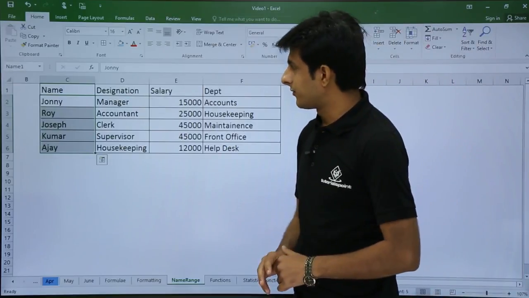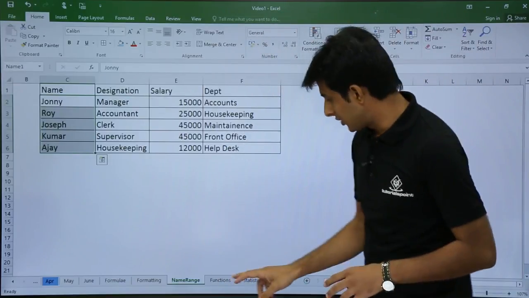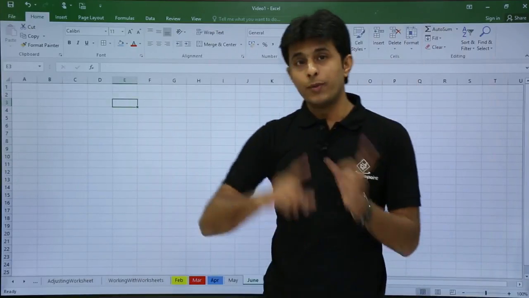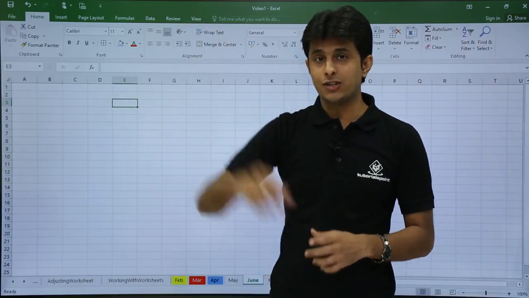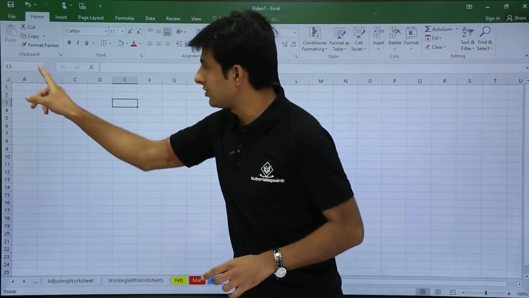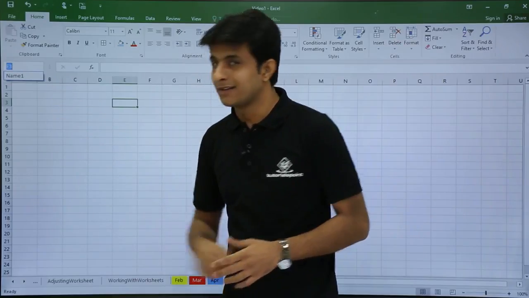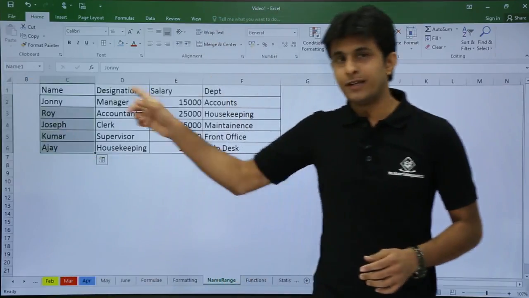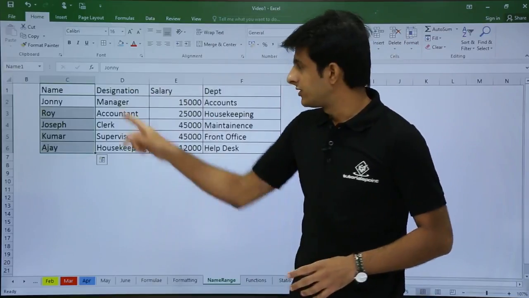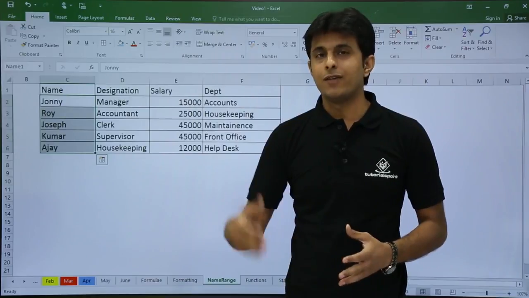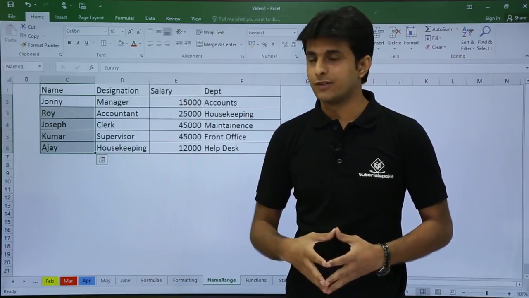So what is the benefit of this? If I'm lost in any other sheet, let's say I'm in this June sheet, and if I want to go back to C2 to C6 in that sheet, I don't have to struggle finding that sheet. I can just go to this name box and you see there's a name 1 displayed. I'll click on this name 1 and my cursor will be taken to that place. So you see name 1, C2 to C6 is selected. So that is one advantage, navigating between the worksheets within the workbook.